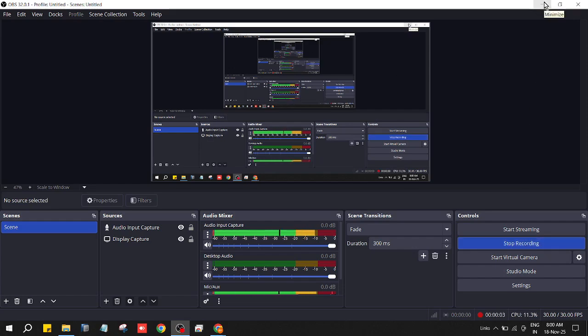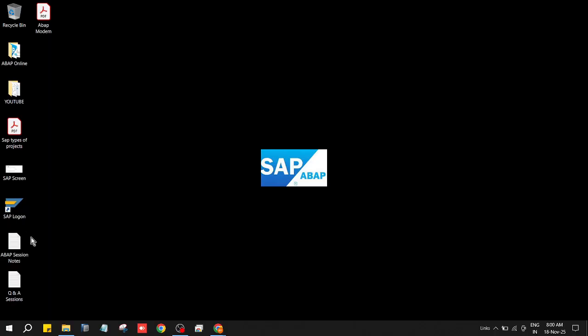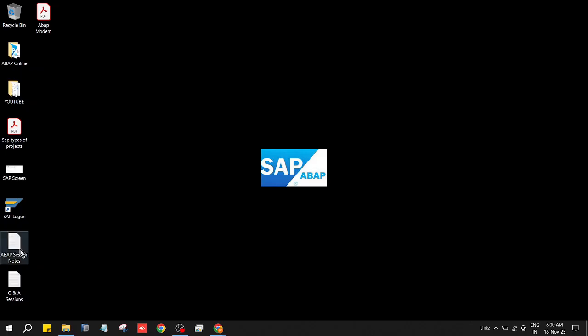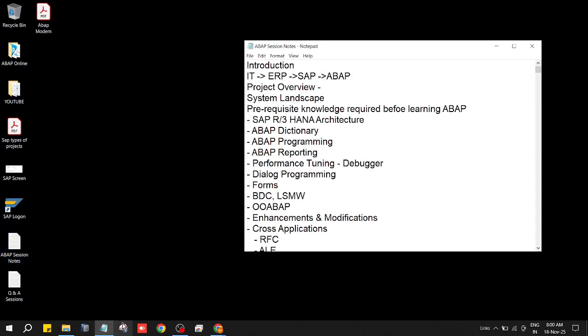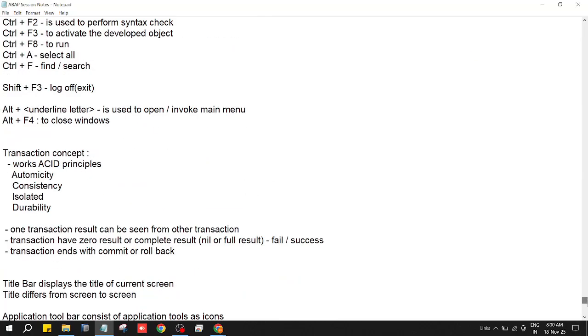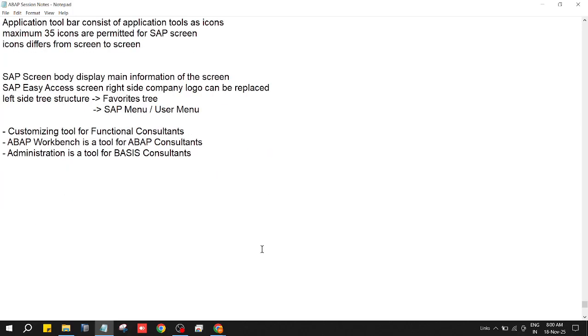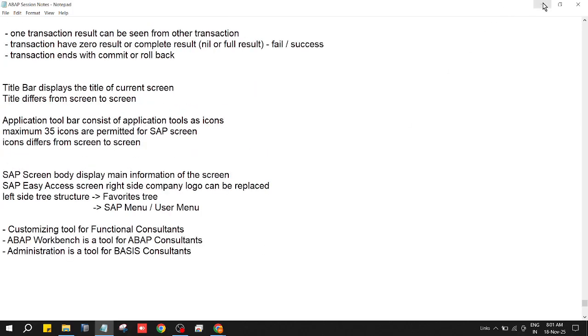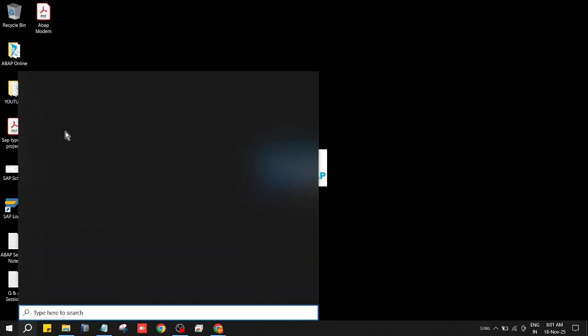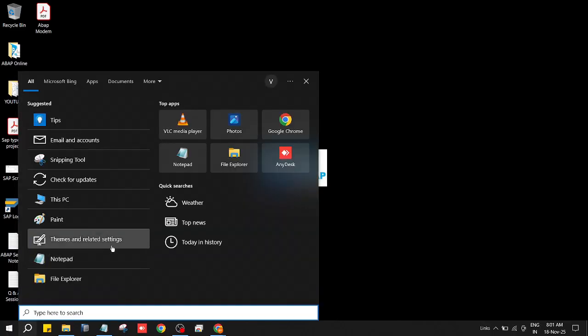Today's session is the SAP ABAP programming 40th session. We have started, and till now almost the introduction part is over. You revise from the beginning till date. If you have any questions, you can ask before we start the new topic. If you look at the SAP screen navigation, we have completed the prerequisite part, project